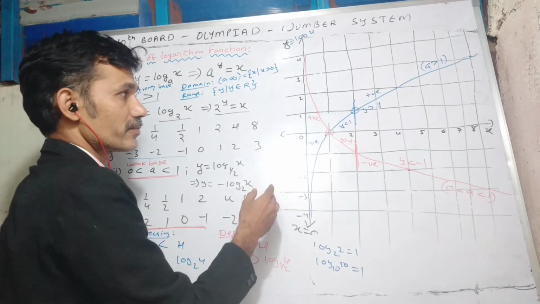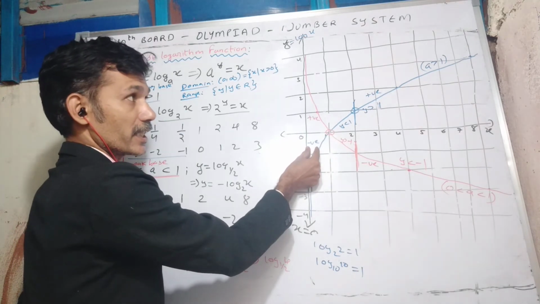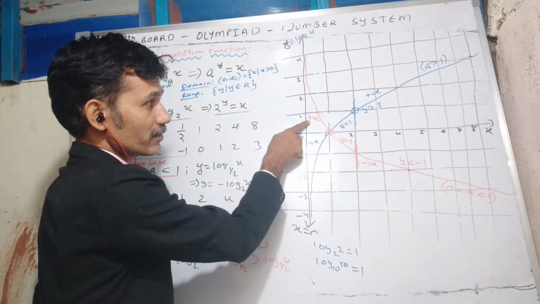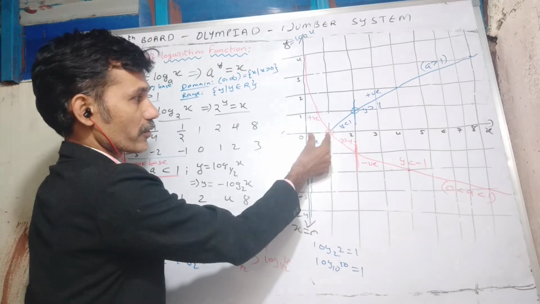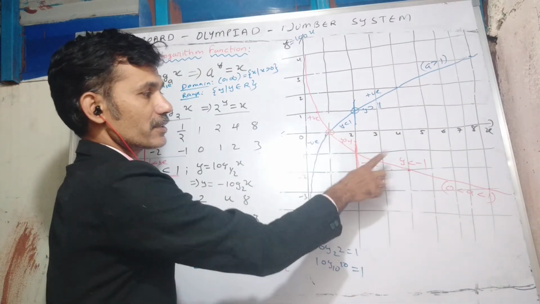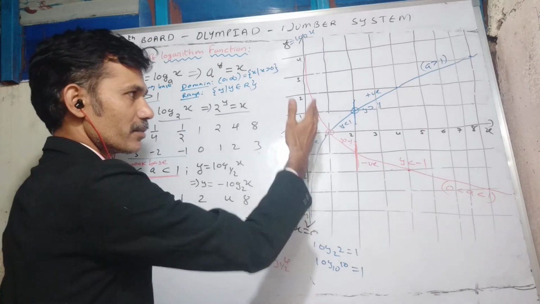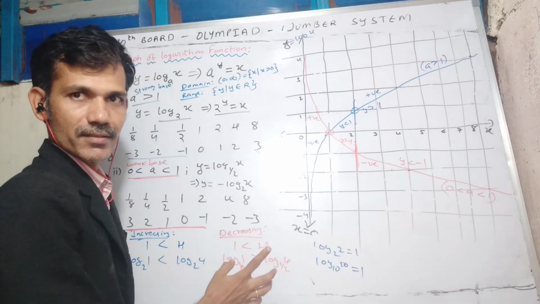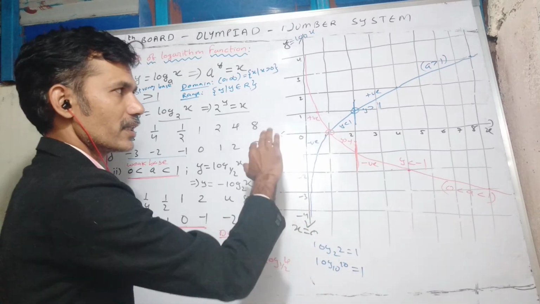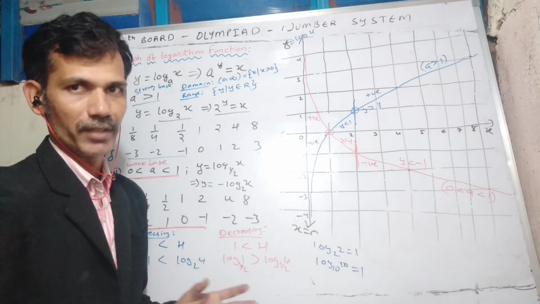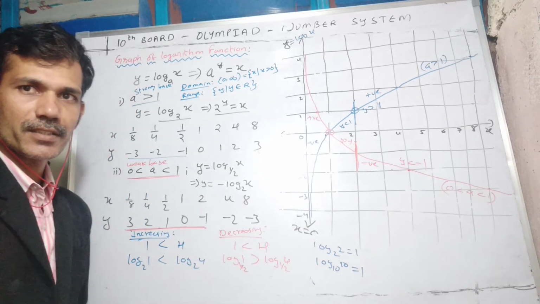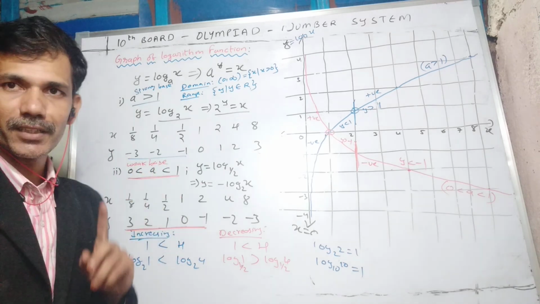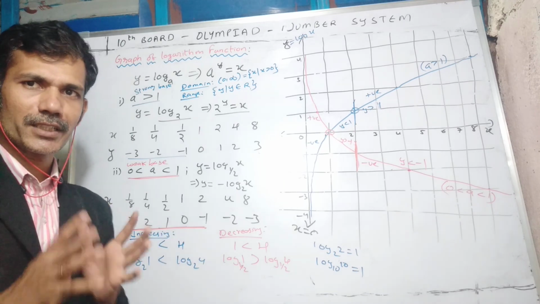For a greater than 1, proper fractions give negative values and the rest positive. In case of the weak base, proper fractions give positive values and integers negative. We even described how the y values and the graph change after the turning point at base 2. If you understand all these things, you can solve problems regarding logarithm graphs or logarithmic inequations or anything. You have to understand these concepts.